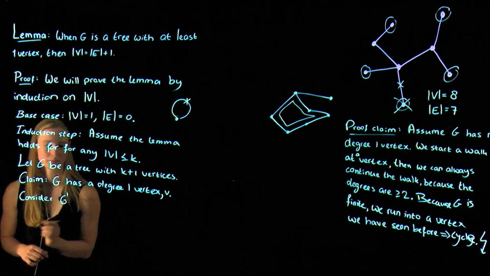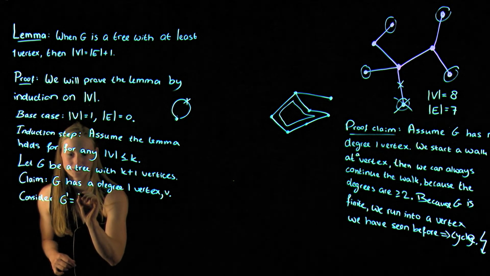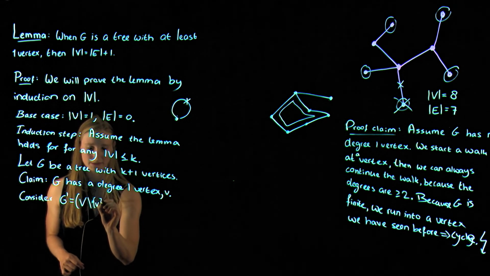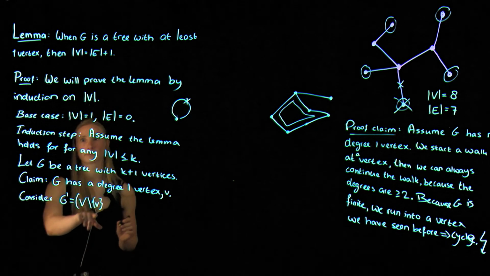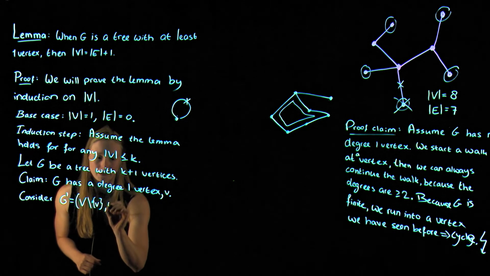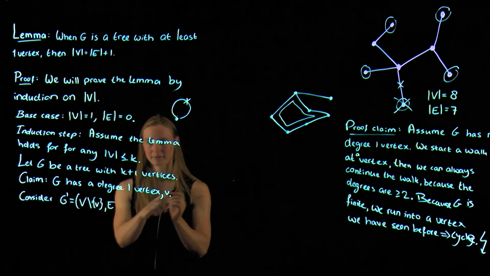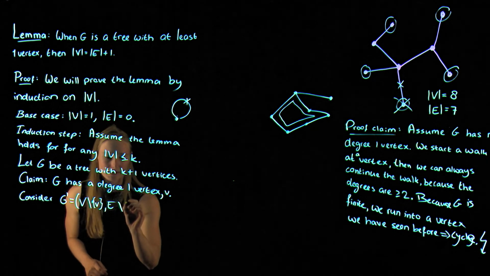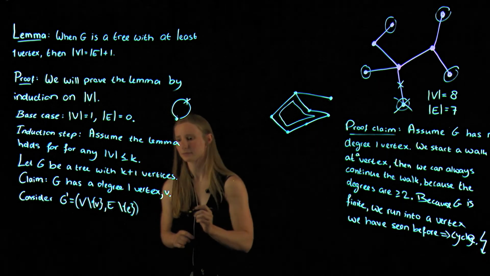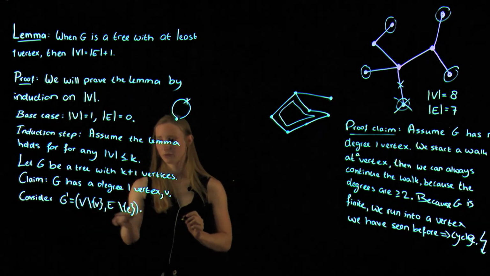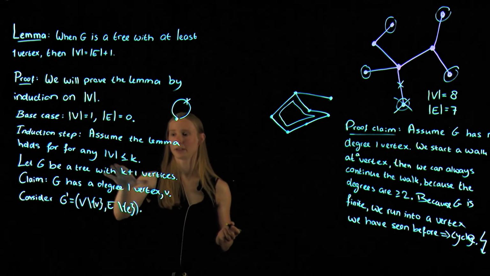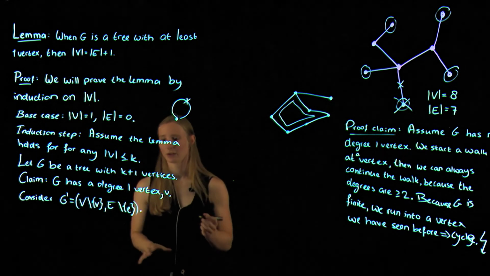So this graph G prime, which is the original vertex set minus this vertex V. And this is a set. So we remove the set that only contains the vertex V. And then let's say the edge that is attached to it is called E. Then remove that one from the edge set. So this graph has only k vertices. So we can use this statement for this graph. So we know that